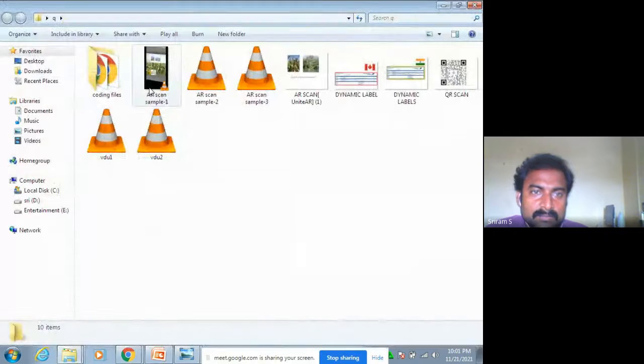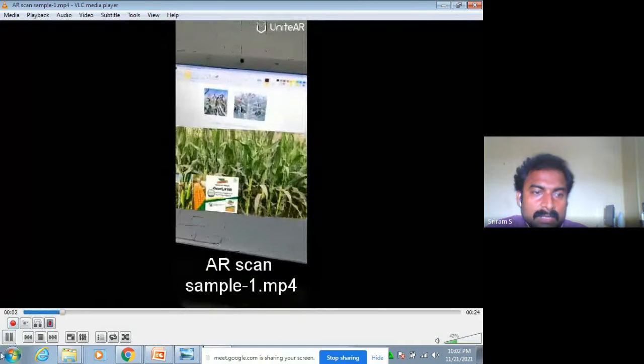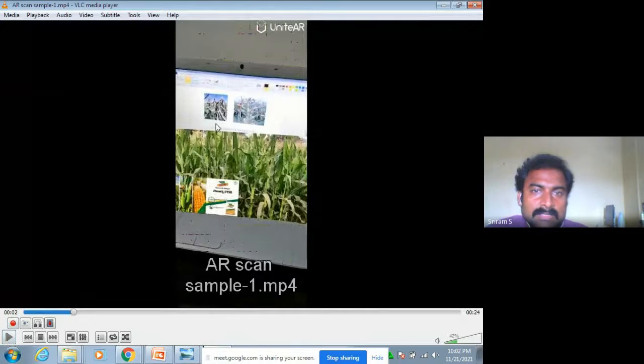In the sample video, we set a target image, using a target image like this in the laptop. You have noticed that we set two target images. While using the AR technology, you can just scan these photos.